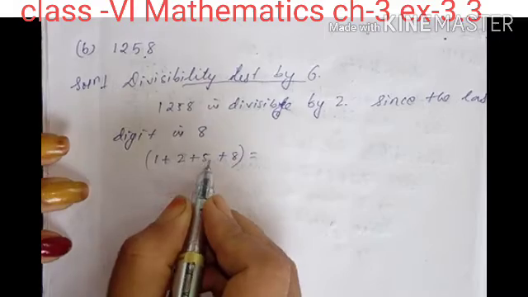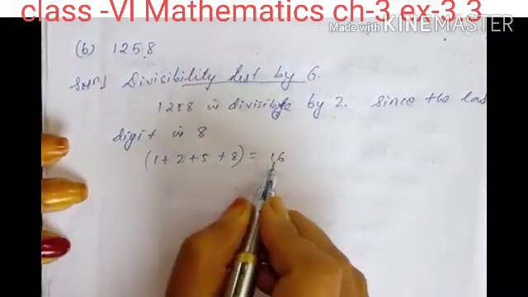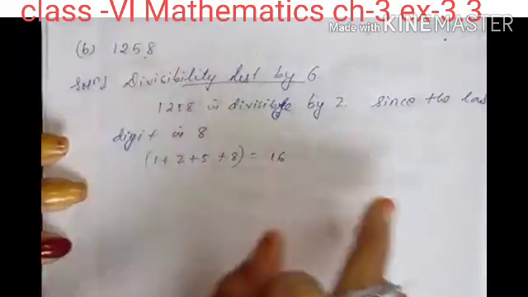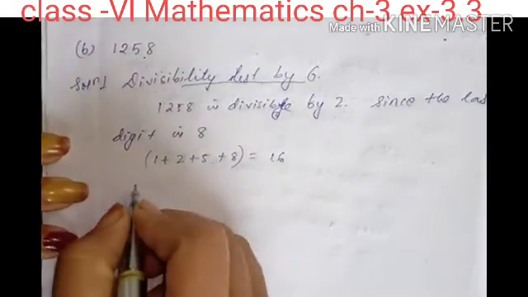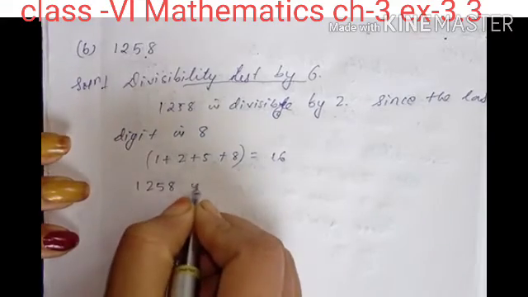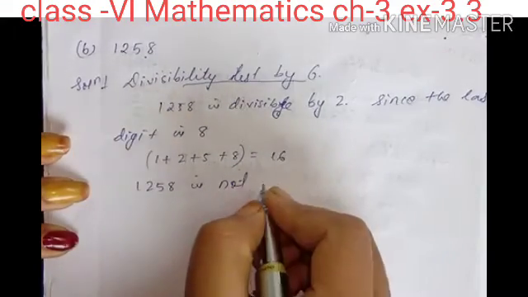How much will you get? 8 plus 8 is how much? 16. Now, is 16 divisible by 3? No, 16 is not divisible by 3. So you will write: 1, 2, 5, 8 is not divisible by